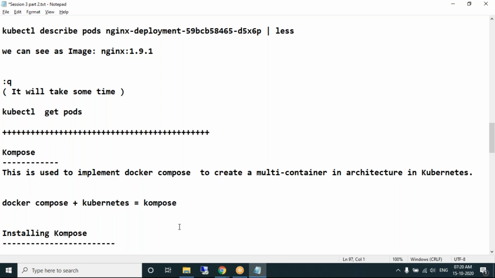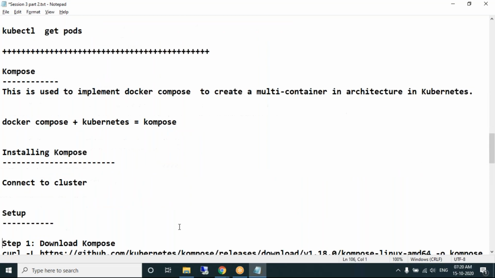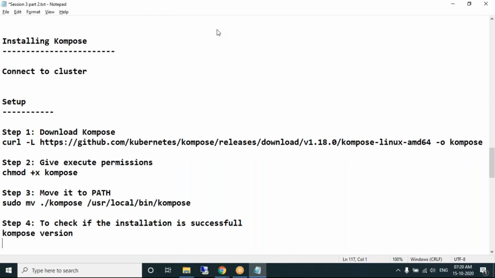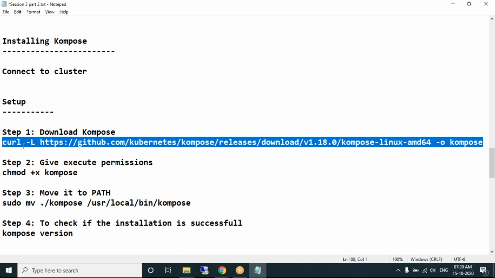So let's install Compose if you want to use this feature. These are the commands. Search for installing Docker Compose, and you'll get these commands.